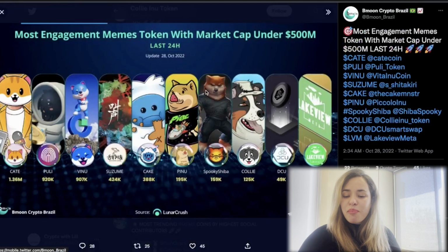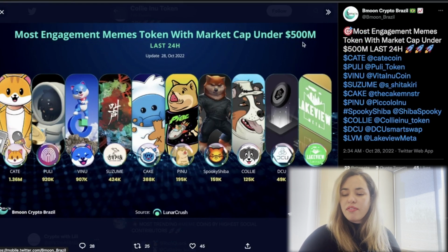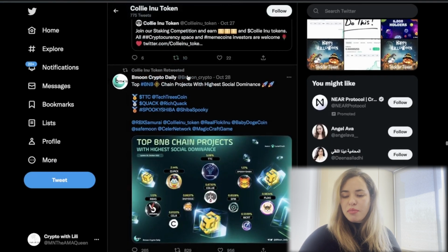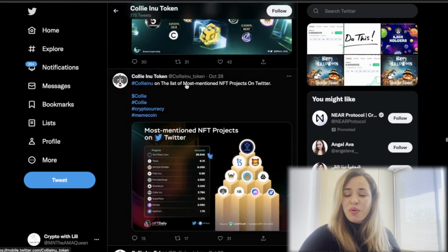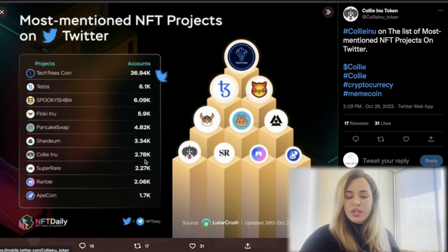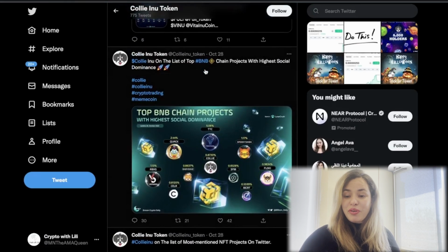So most engagement meme tokens with market cap under 500 million in the last 24 hours, and this is from October 28th, and you can find COLLIE INU right there with 125k. A little bit more from the 28th, once again the 28th, most mentioned NFT projects on Twitter, and you can find COLLIE INU with 2.78k. So very active, very